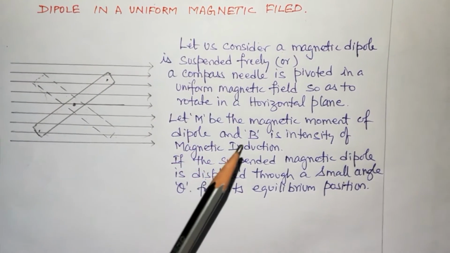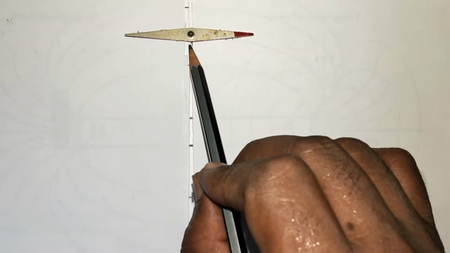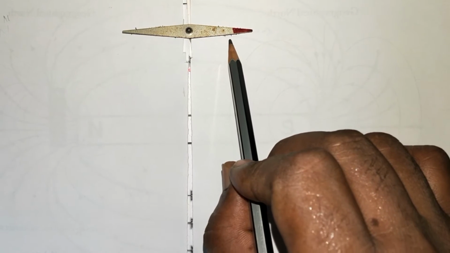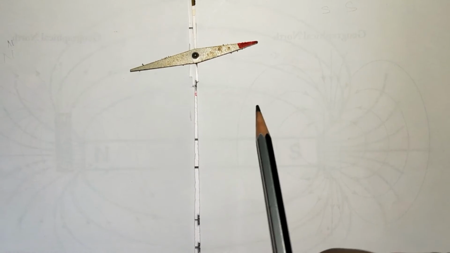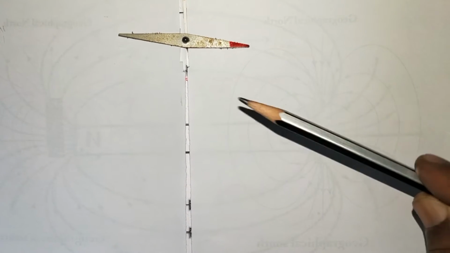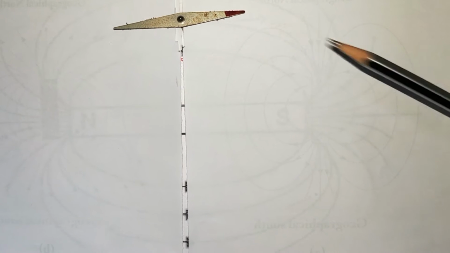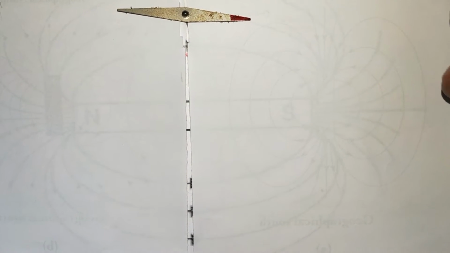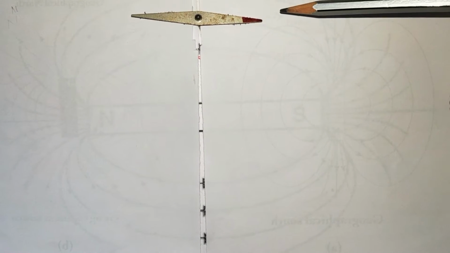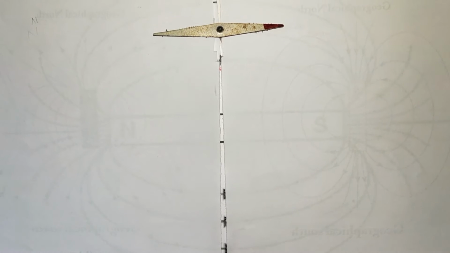Let us see it by a small activity. You see here, I have placed a magnetic compass on a sharp needle, and this magnetic compass is pointing towards geographical north. Now if you leave this magnet as it is, it will come to its equilibrium position. What does equilibrium position mean? Mean position. So you see slowly what is happening to this magnetic compass. It is coming to a mean position.